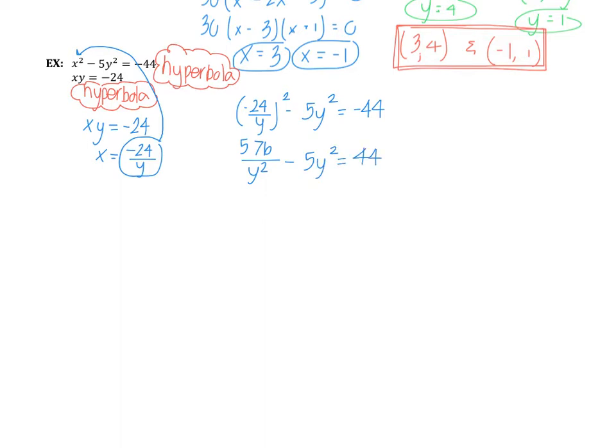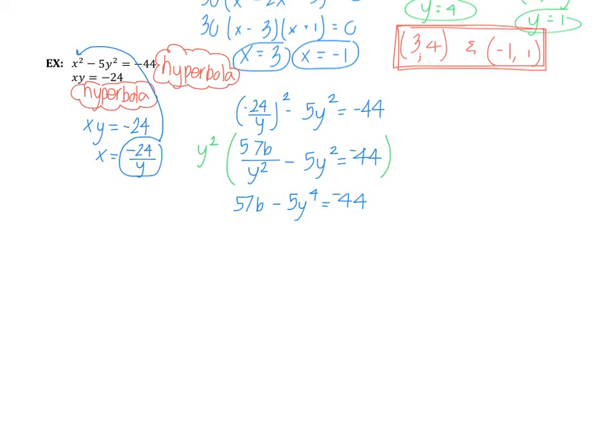Now there is the denominator of y squared. I want to get rid of that. So I'm going to multiply everything by y squared just because it's in the denominator. It's an equation, you want to get rid of the denominator. So you get 576 minus 5y to the fourth is going to equal